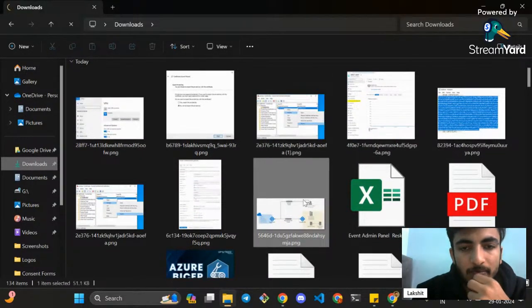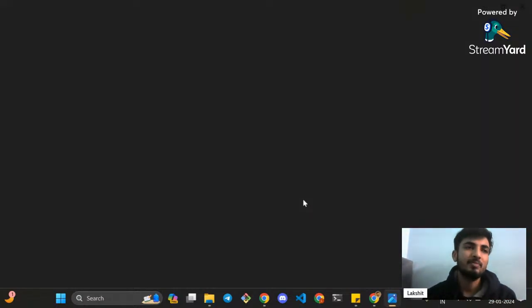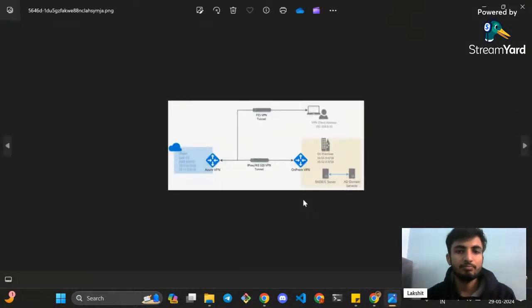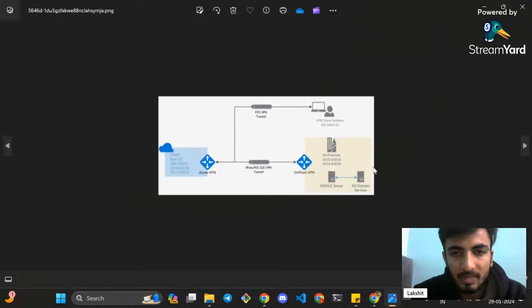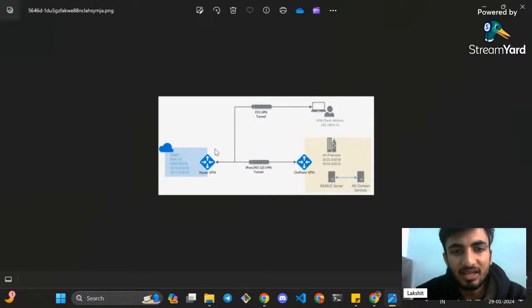So this is what the point-to-point connection means. While I was talking about the point-to-point connection, this is what it means. This is Azure VPN on cloud. If there is a kind of hybrid model, where some kind of VPN is also required on-premise, right? This is another VPN. And this tunnel we have to create right now.